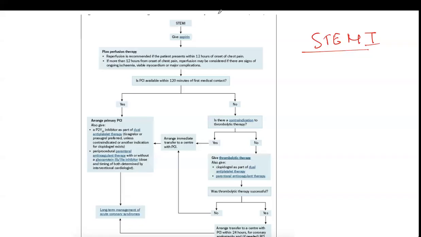So in a ST elevated MI patient, the first thing that we do is we give aspirin. That is the most important thing we would do to any patient. So this is according to therapeutic guideline. So we follow the therapeutic guideline for this kind of